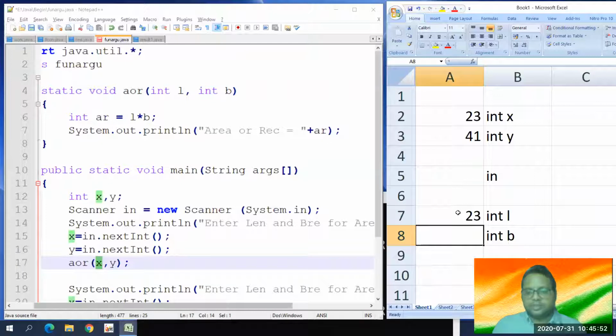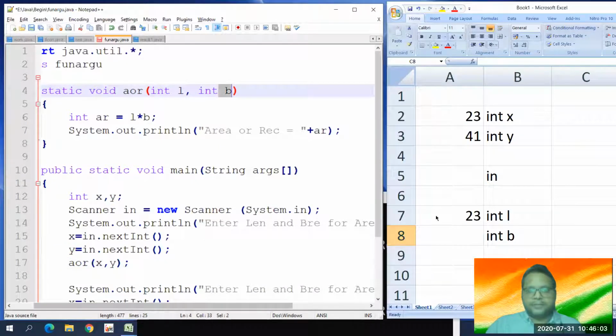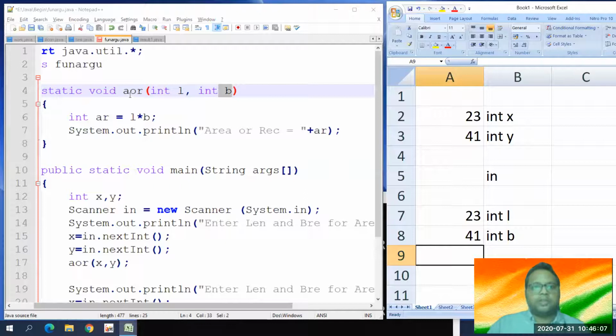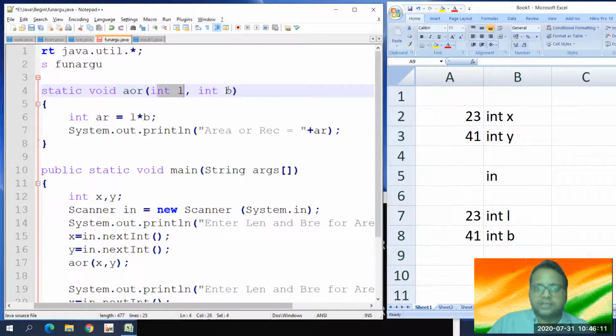Nothing is happening to x. Whatever the value of x is, it is now also the value of l. The same way, whatever the value of y is will become the value of b. So 41. Now, when this function is called, it has some value for l and some value for b.